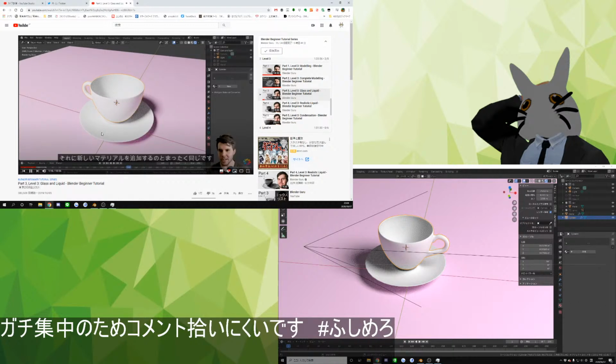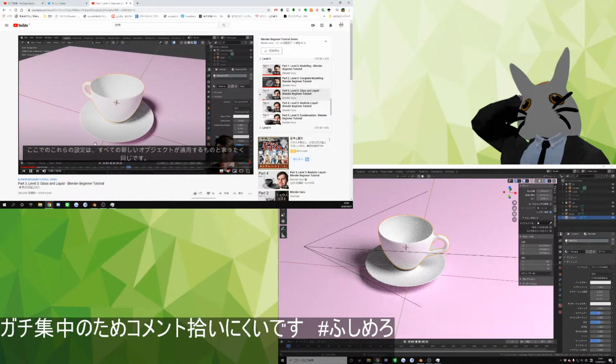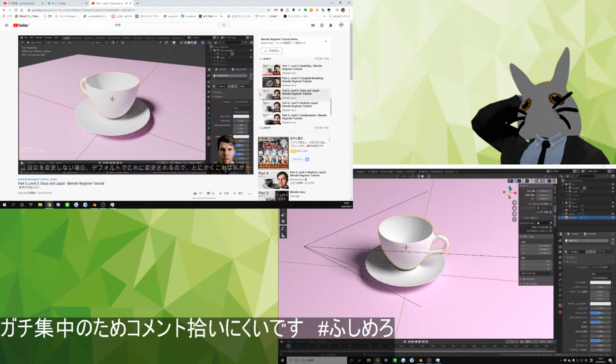There is, it's just the exact same, like if you just add a new material, add new. These settings here are what every new object will have applied to it by default if you don't change any settings. So anyway, this is what our material looks like currently. If you want to make it look like glass,